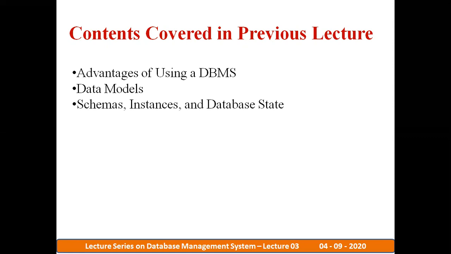In that, we discussed three types of data models. In the case of the high level data model, the data is represented in the form of an ER diagram. The second one is the low level or the implementation model, where we store data related to the file format and the access path. Those are all stored in the low level data. And the third one is the representational model, where the data is stored in the form of table like structure.